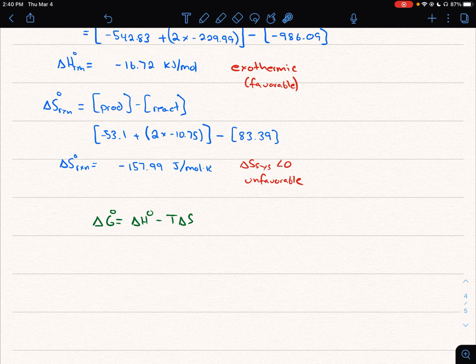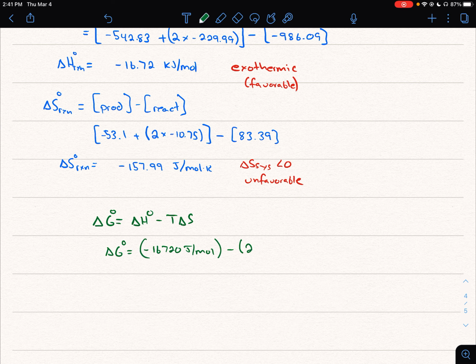We have the units of kilojoules per mole, and then our entropy is in joules per mole Kelvin. So we're going to have to convert one of those. So our delta G is going to be, and I'm going to convert my enthalpy term from 16.72 kilojoules to negative 16,720 joules per mole,